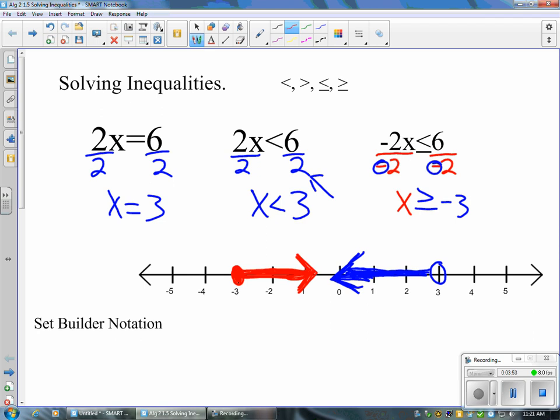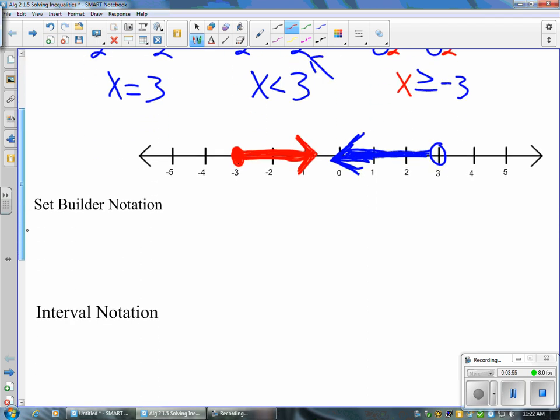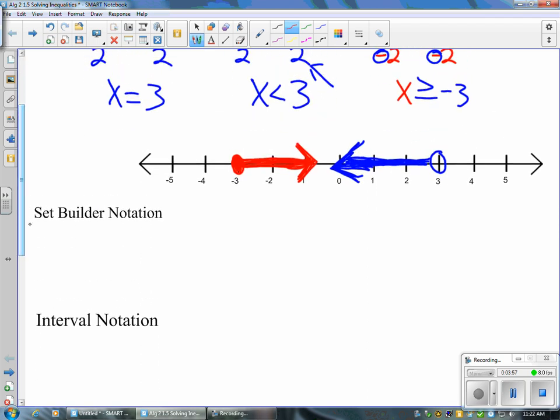Next thing is set builder notation. Set builder notation is just a formal way of saying what you already know. So for this first equation, x is smaller